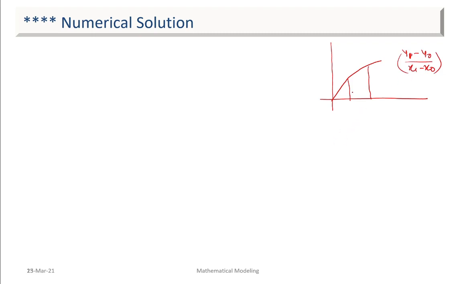Okay, now I want to get a perfect answer to this. If I take a slope here, I will actually predict the value at this point. Actual value is here. So this is nothing but a gap. I can consider this as an error. I want to reduce this error. How can I reduce? I can reduce this step size, this delta x. y1 minus y0 divided by delta x, so that's what I will put up in a limit. This delta x will go to 0.